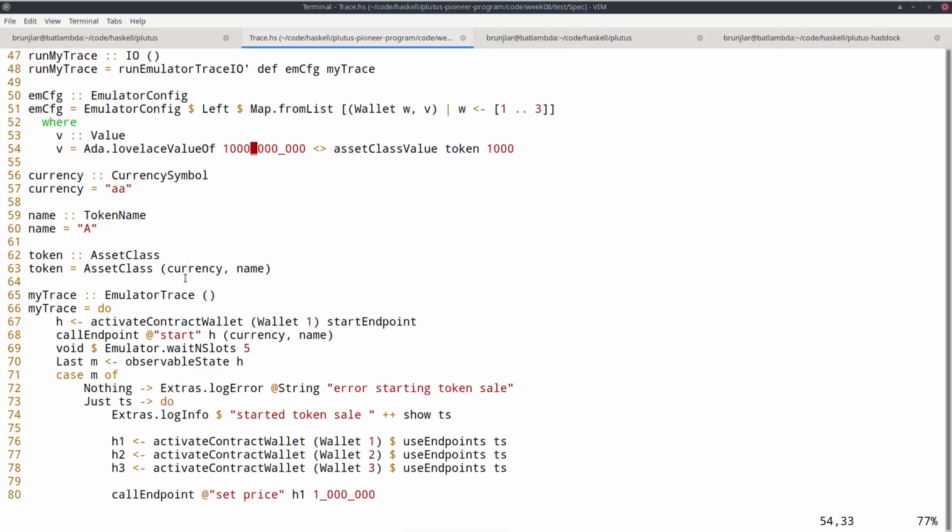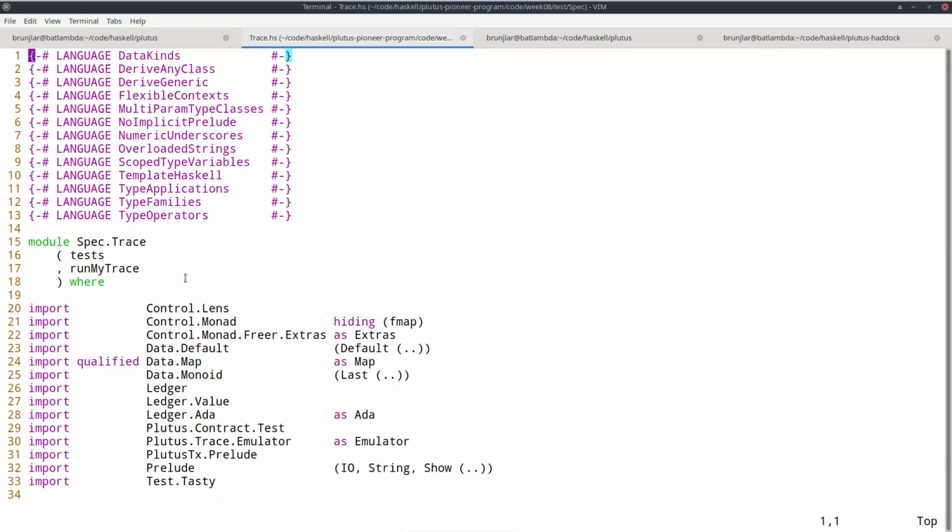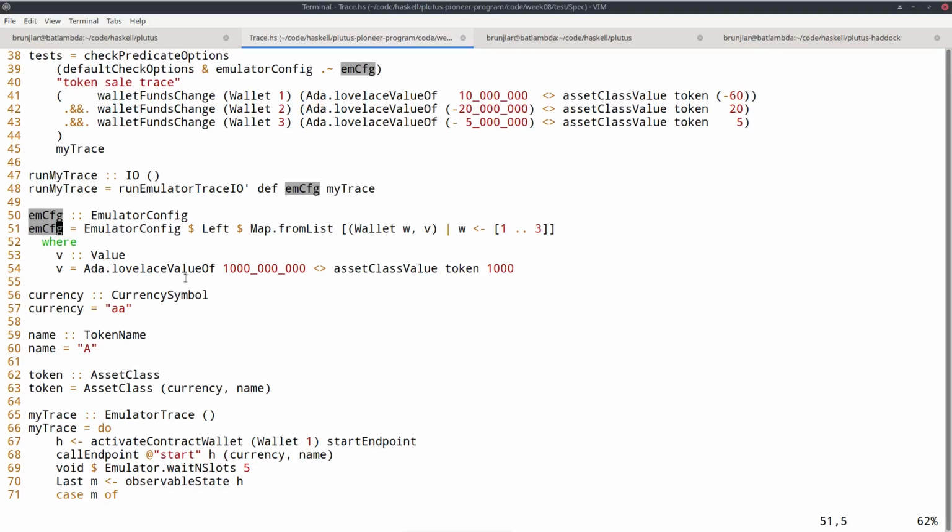These underscores make it easier to read large numbers, and they are provided by a GHC extension that's called numeric underscores. So we'll only use 3 wallets, 1, 2, 3, and each of them will have 1000 ADA and 1000 of these tokens.